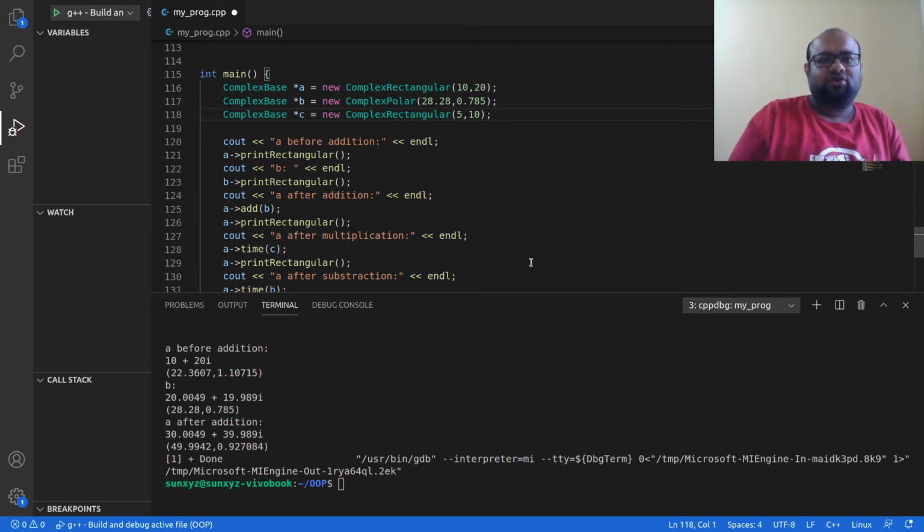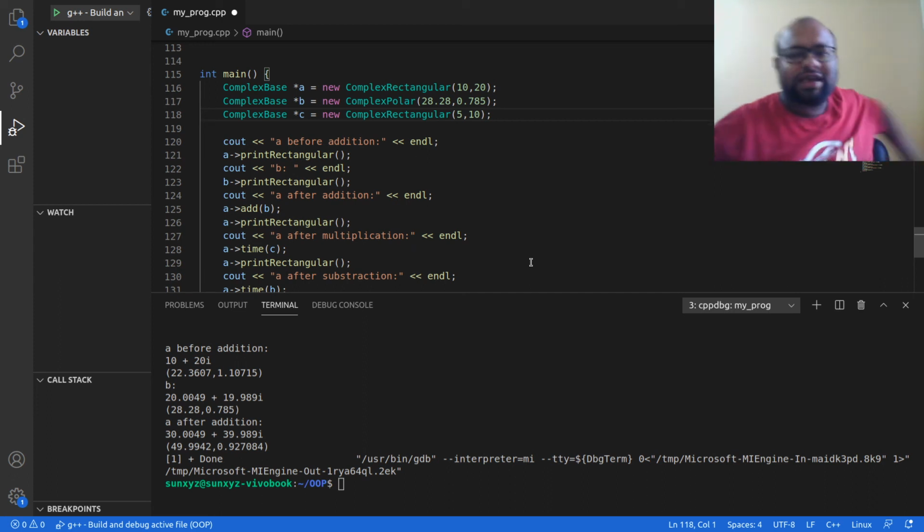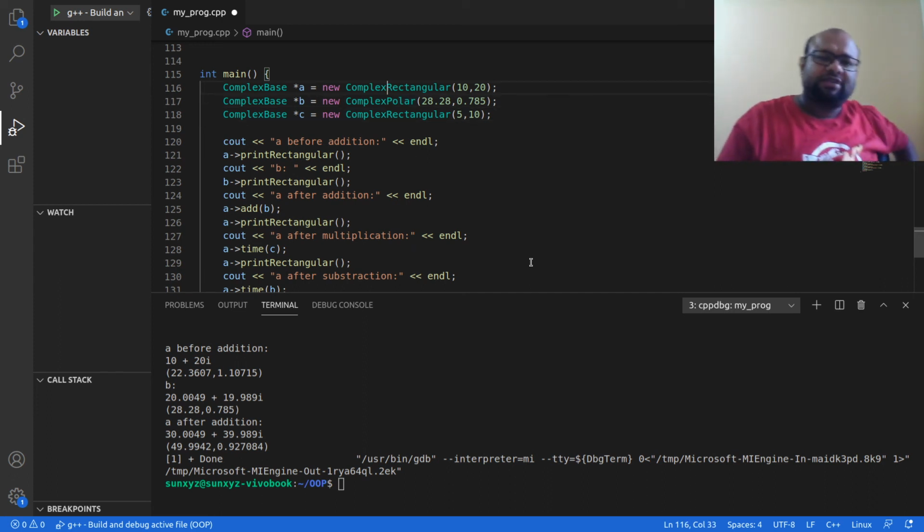But I am using a complex base pointer because complex base is the parent class of complex rectangular and complex polar. A parent class pointer can point to a child class object, and that is the reason I can change my complex number from one format to another very easily.